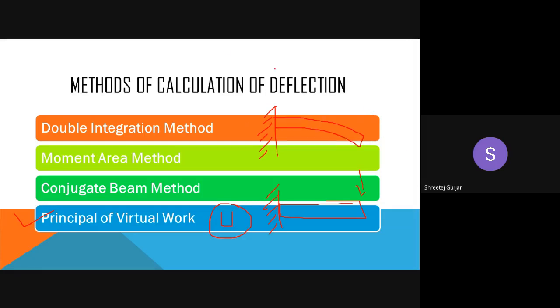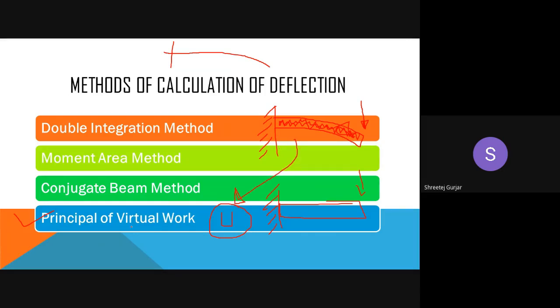Whatever shape we draw, we term that shape the elastic curve. We call it an elastic curve because we assume that whatever deflection occurs is within the elastic limit. When we load the beam, it will deform, so it has some energy stored in it, and that energy is the strain energy, which we calculate using this formula, termed U.